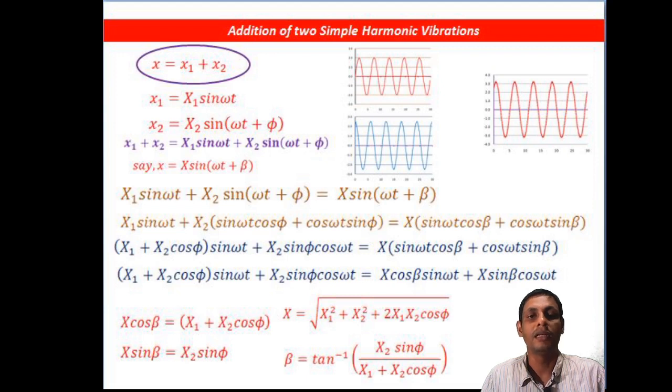So it's a very interesting parameter to find out the resultant of two simple harmonic motions, and the problem is very unique. The amplitudes are of different value, but the phase difference of phi is included, maintaining the frequency of the system. So here the angular frequency remains the same. The other two parameters are changing, that is amplitude and phase. And in the next part we will change the frequency also, the angular frequency also. So this is the initial part, how to add two simple harmonic vibrations. Thank you.